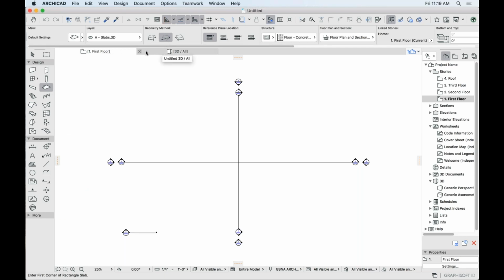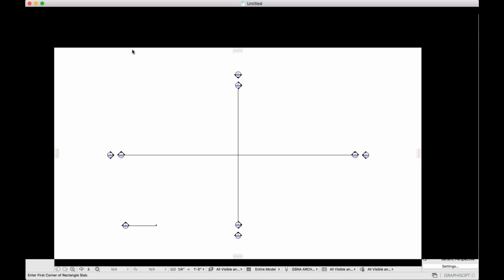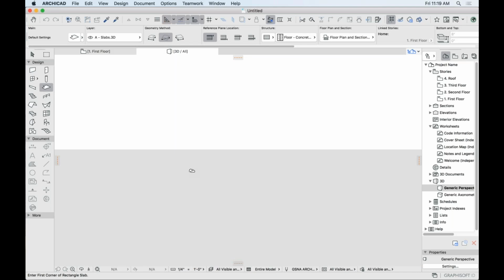Across the top of our workspace, we see tabs like you would find in a web browser. And so if I want to move from my first floor plan to my 3D plan, I can just click once from one to the other. Obviously, we don't have anything constructed just yet, but we'll do that in a moment. And then to the far